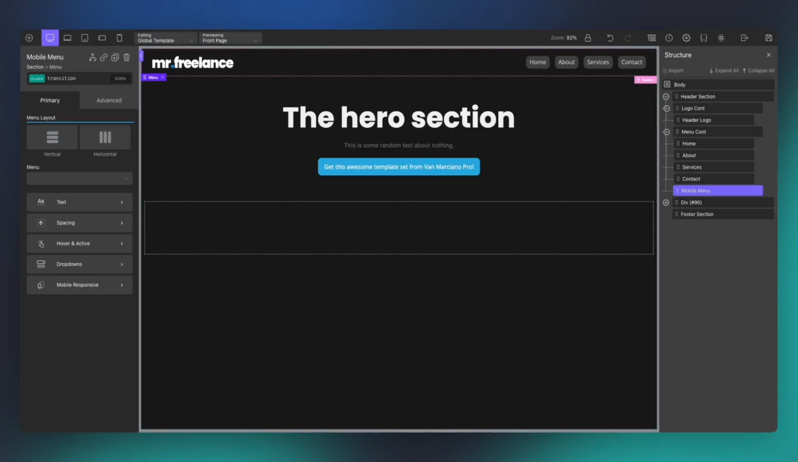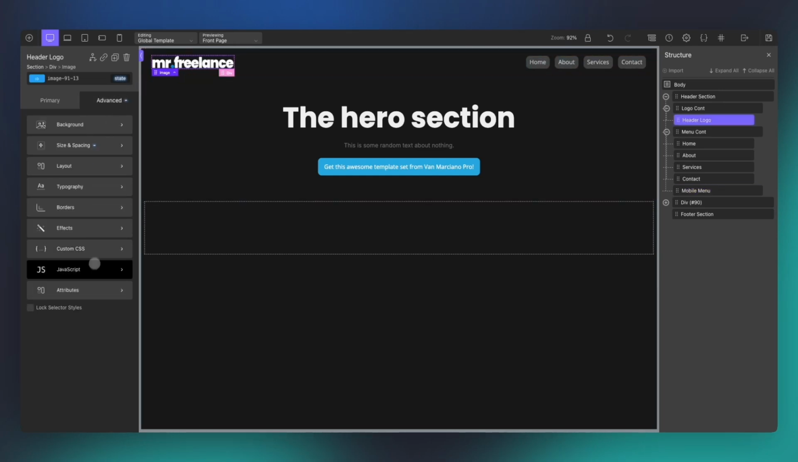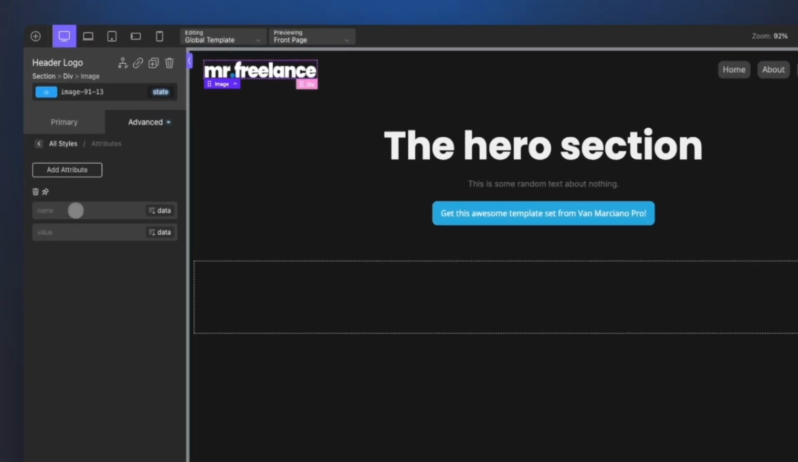All right, so that's our header section almost done. So what I'm going to do in here is start with the header logo. I'm going to go to advanced, I'm going to go to attributes, add attribute. And what I'm going to do is, first of all, add an alt, and this is going to be